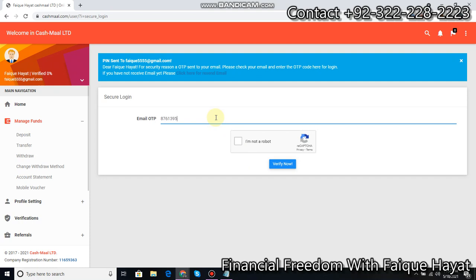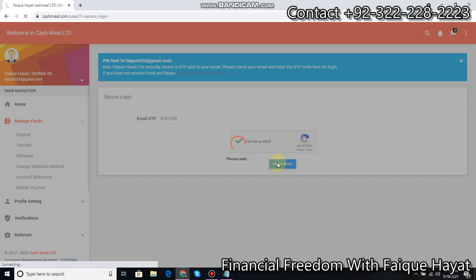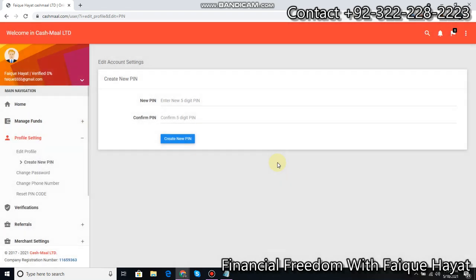876. We will check this box, I'm not a robot. We will solve the CAPTCHA, verify now. When you submit your email address, you will also receive your confirmation code on your email. They are asking me to resubmit my password.